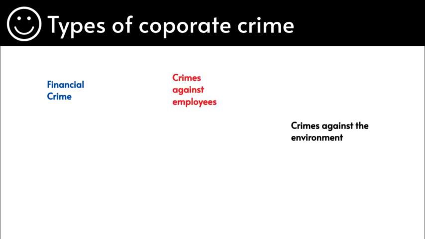So, hopefully, you've all had a think about it. Some of you might have different answers, but these are actually the main answers that you should know for your exam, because this exam refers to particular types of crimes as opposed to a wide range of different crimes. So, we're going to look at each of these types of crimes in detail within this video and my next video too. So, there's financial crime, which is a type of crime, crime against employees, crimes against the environment,